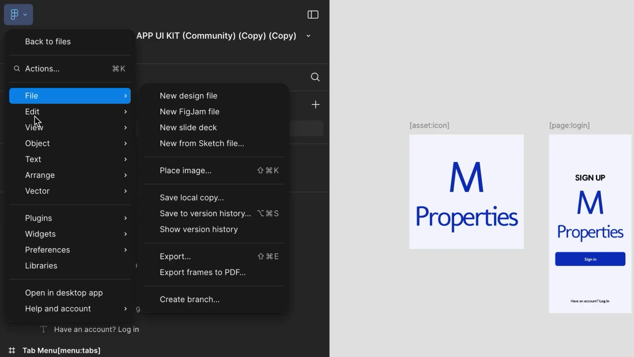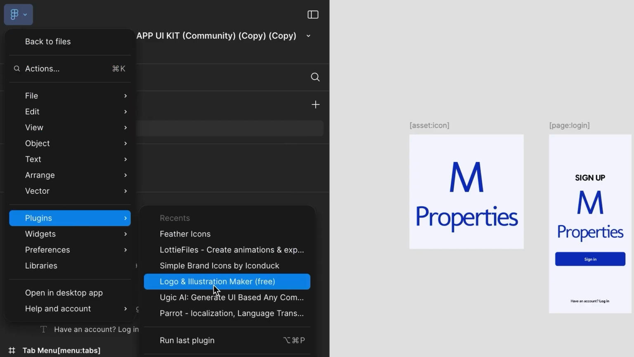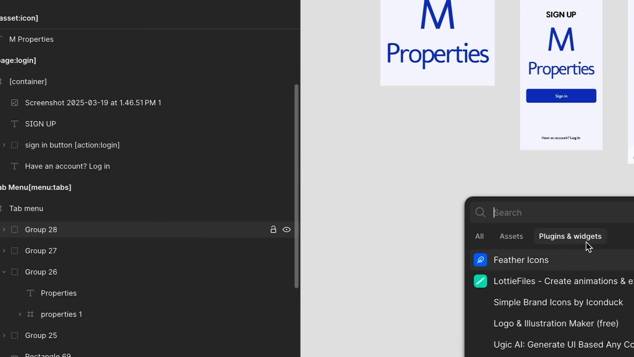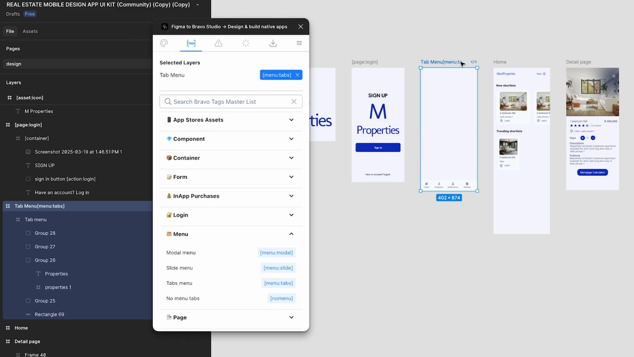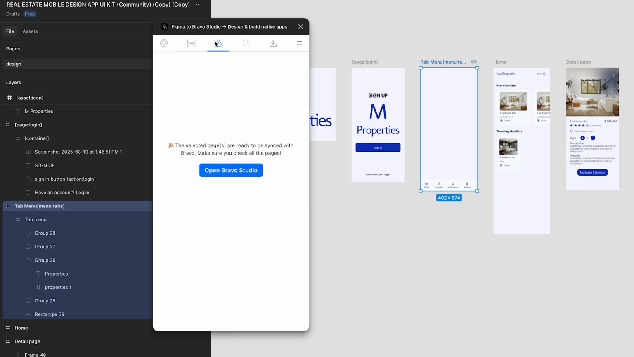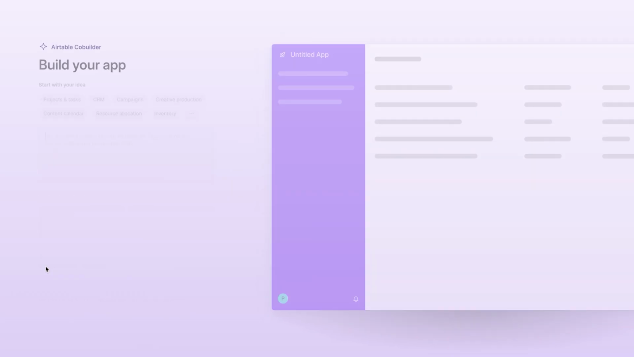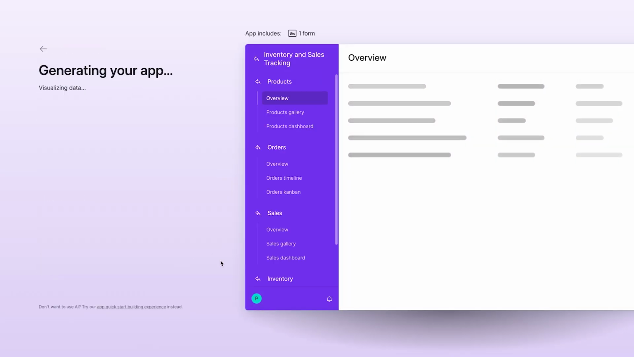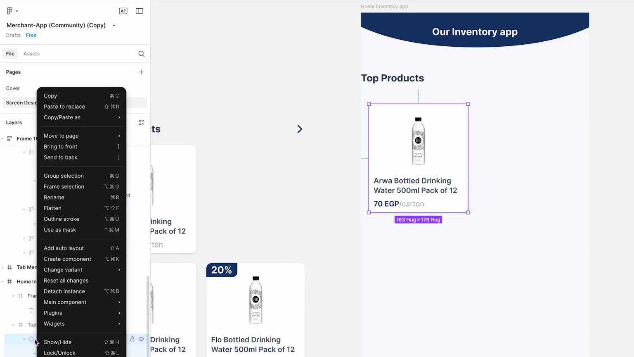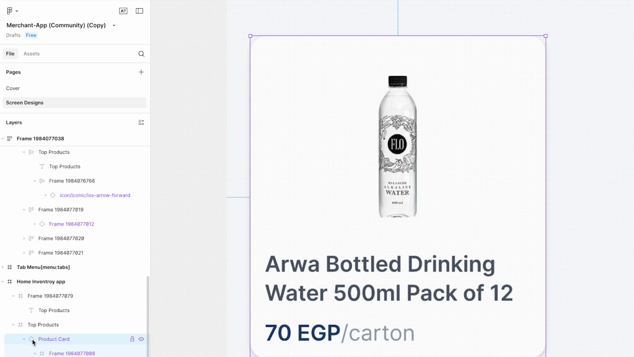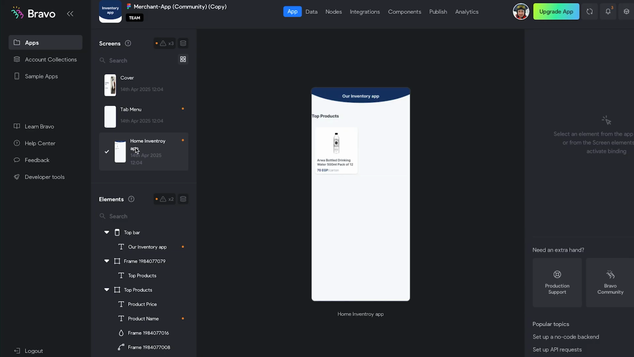Remember to download our Figma plugin, which will help you Bravorize your designs faster with the necessary Bravo tags. Our Figma plugin will also check your design to inform you when an app screen is ready to import to Bravo Studio. If you don't have an inventory database just yet, you can build one in seconds with the newly launched Airtable's AI. After customizing your mobile app screens in Figma, you are ready to import your design file to